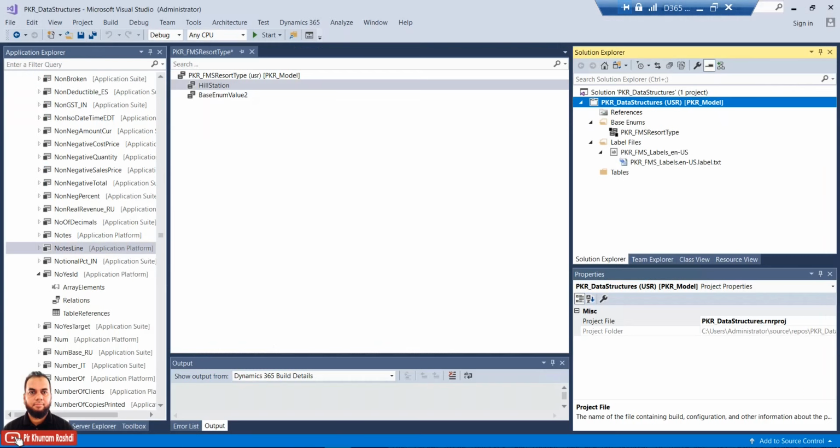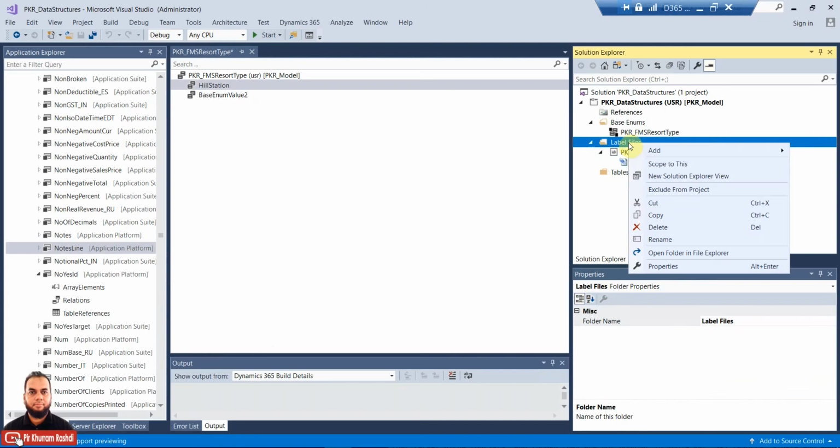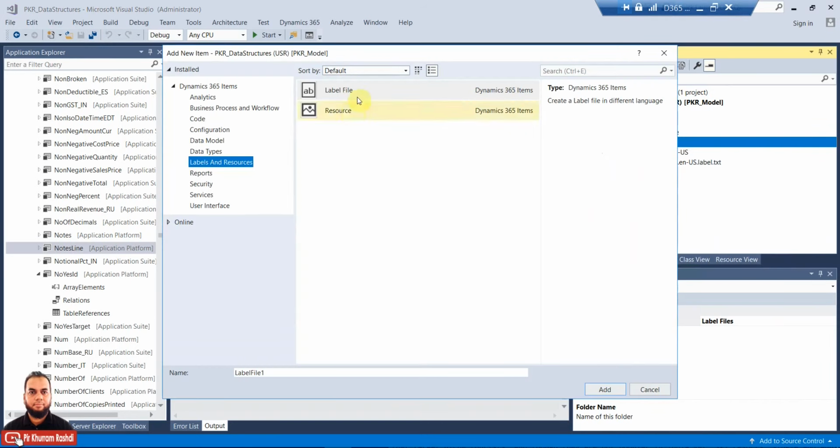So the label file is basically helping in that way. I have created just one label file, but you can create another label file with another language, or you can also use the same label file by selecting multiple languages in the same label.